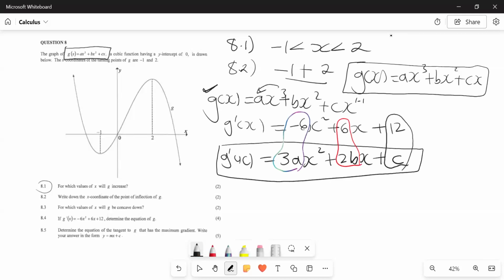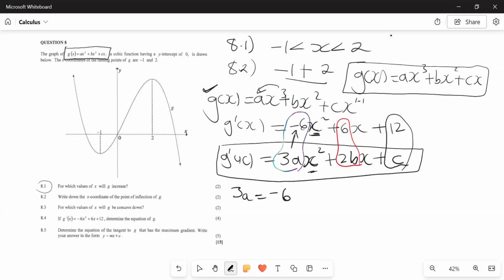If you check here, we have x squared and x squared. So whatever is in front of x squared becomes the coefficient of x squared, and they're equal. With that being said, we can say 3a is equal to -6, because both of these terms